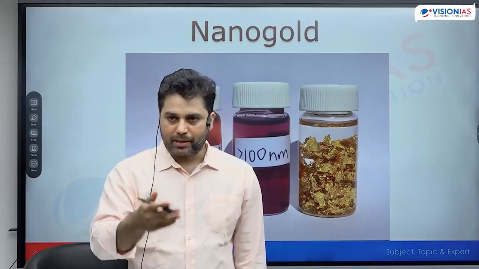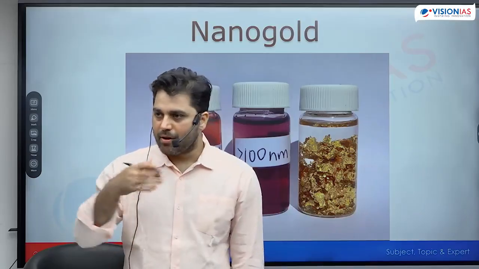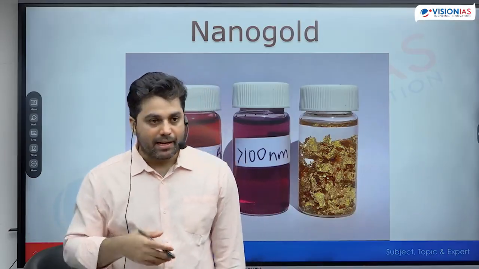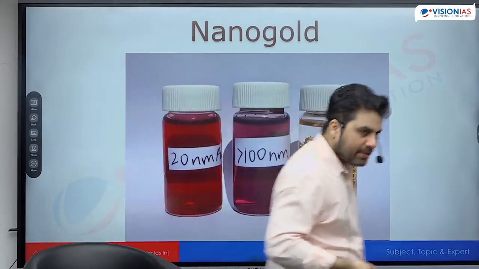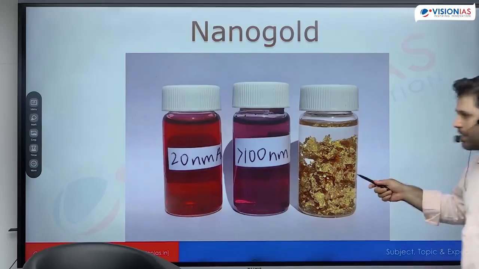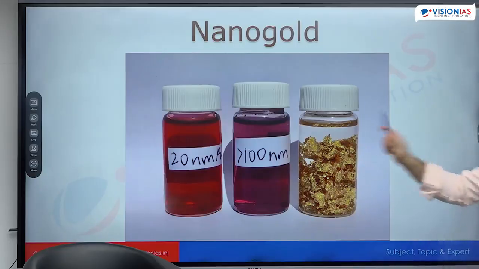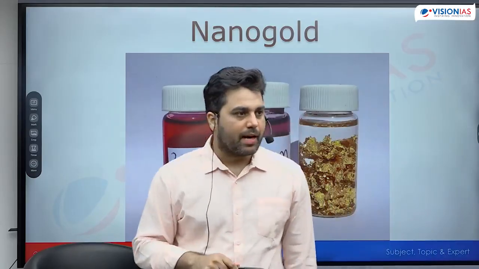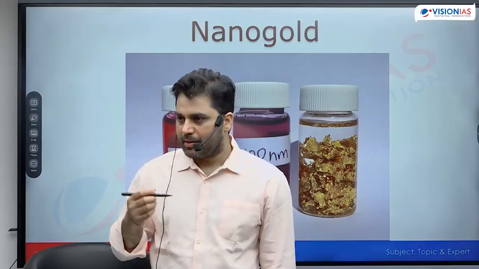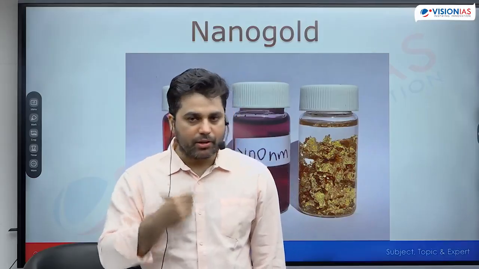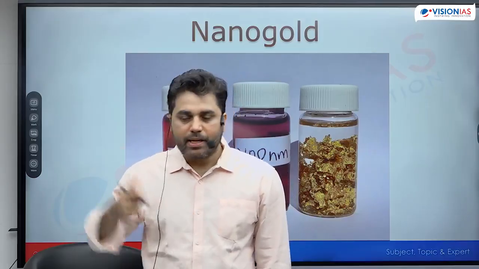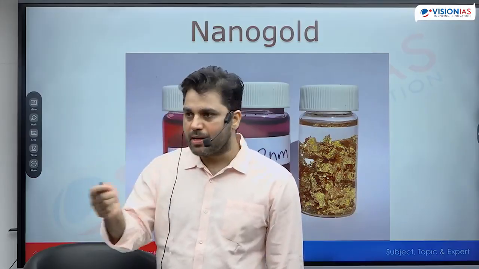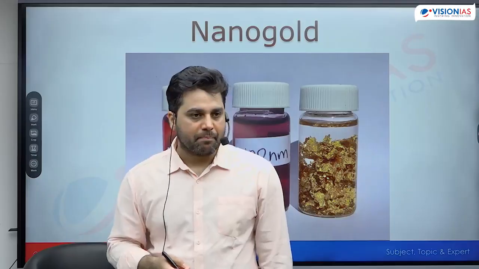The physical property, the chemical property. Nanomaterials often become highly chemically reactive. Take nano gold. Gold is not chemically reactive, but nano gold is so chemically reactive that scientists are exploring its use to destroy a cancerous tumor, and it is actually being investigated as one of the potent tools for cancer treatment.